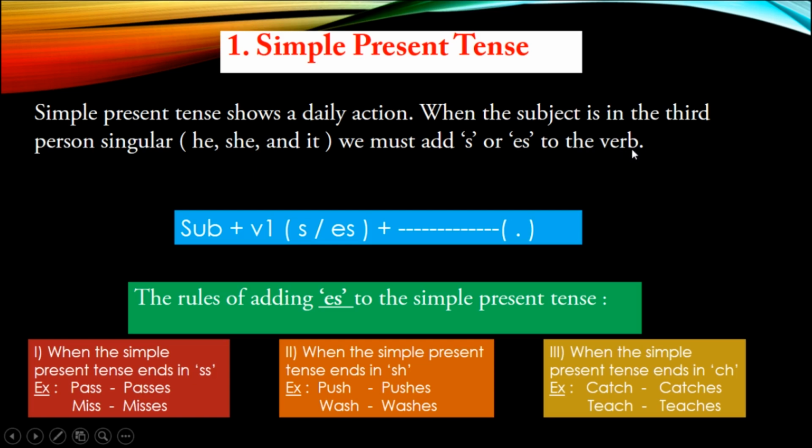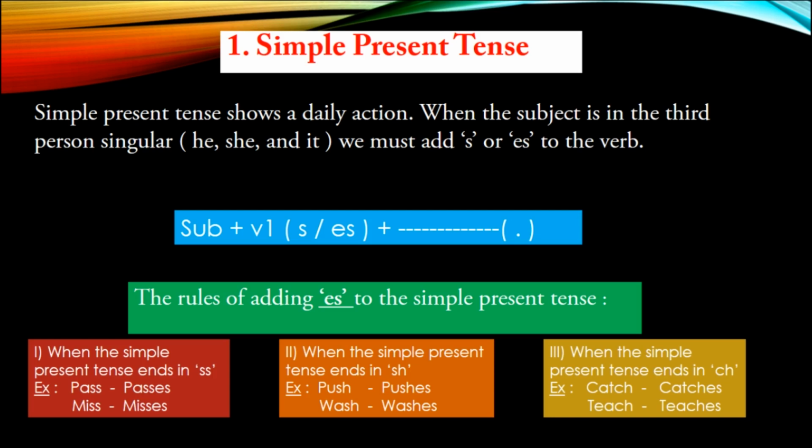Children, we have already learned the structure of the statement sentence. Today, we are going to learn the statement sentence in simple present tense. Can you remind me of the structure of the statement sentence? Yes, absolutely right.